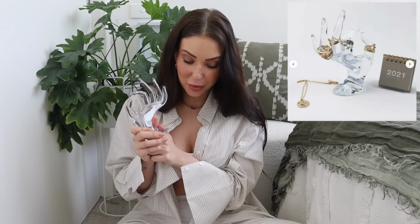So I really do like having little storage solutions like this, where it is something that means I can just keep that space a lot more tidy and organized. So I actually would recommend this one as well if it ends up working, because it was so affordable for what it is. The next thing I got is this, which is a hand-shaped clear storage jewelry rack, and this